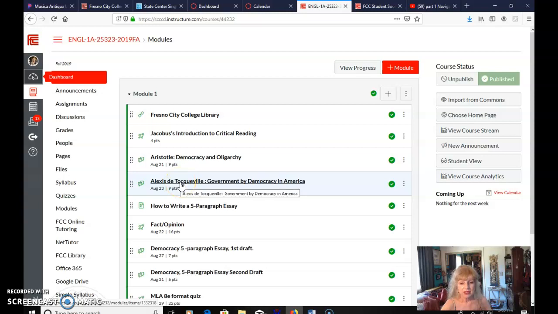So that's points. The ones that are just pages don't have points assigned, and you could ignore it, but that would be unwise because I put it there for a reason. I put it there so that you would become a better student and understand better how to do what it is I'm requiring of you. So that's what you have in the how to write a 5-paragraph essay. The next one, the quiz,